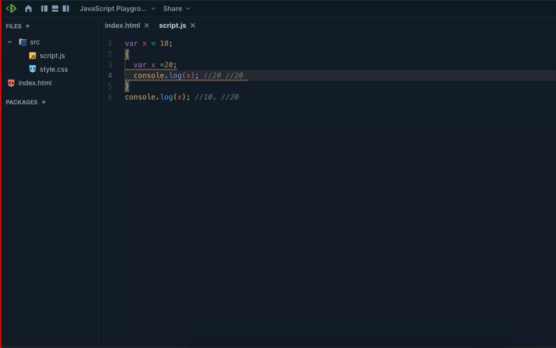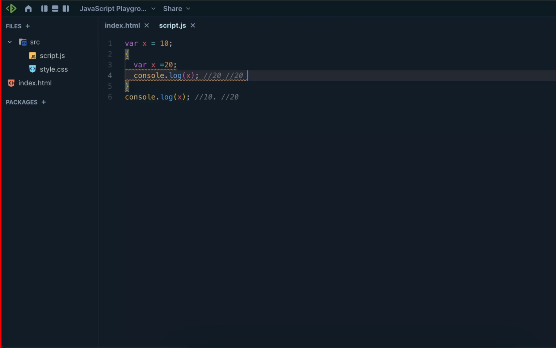Okay, so tell me why both are 20 actually. Where is the block scope? It is function scope. Where x equals 20, the block is not scoped.